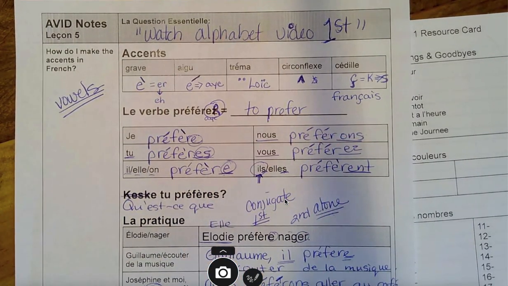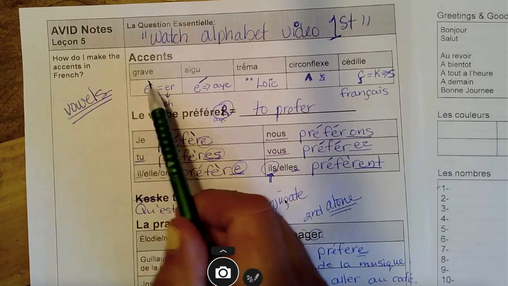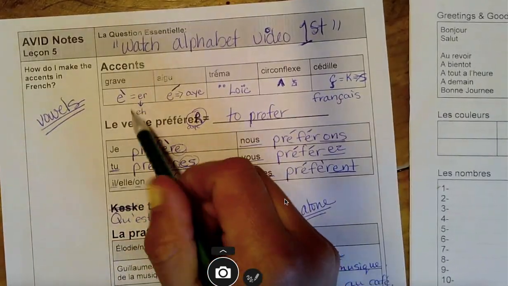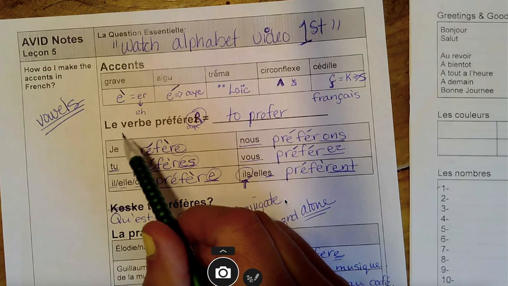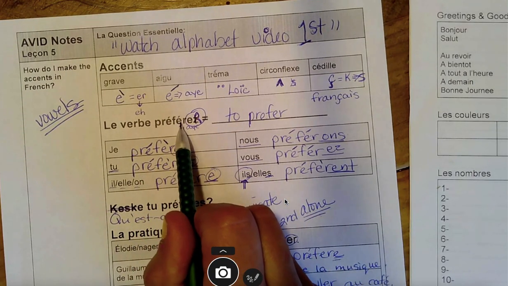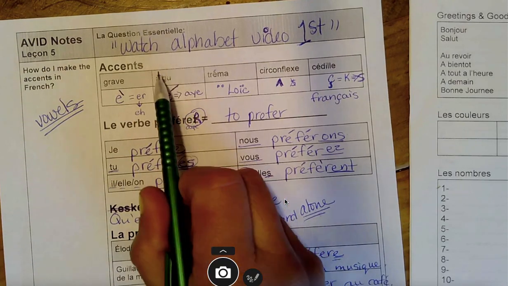Let me grab a pen. Okay, so lesson 5 is a couple things. Basically the main thing is this verb préférer. So the first thing I need you to do is you had to watch the